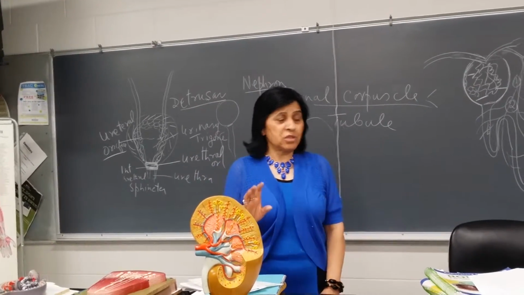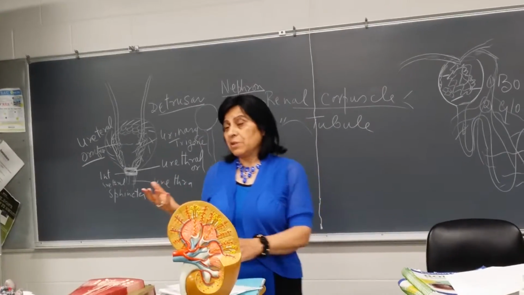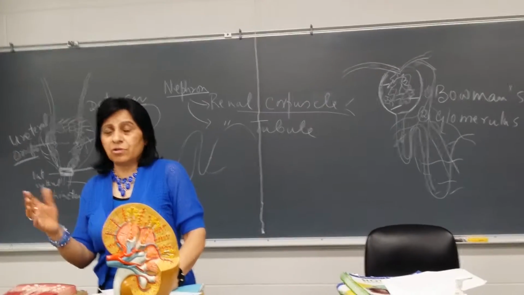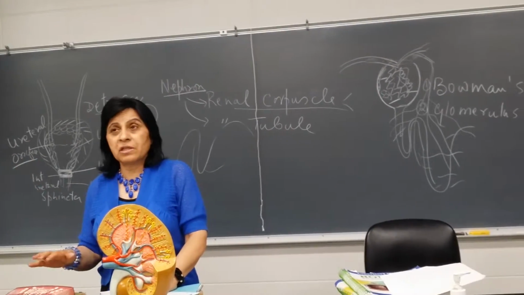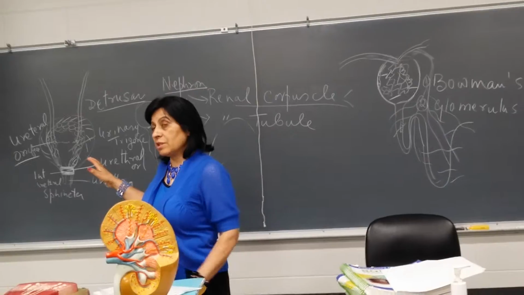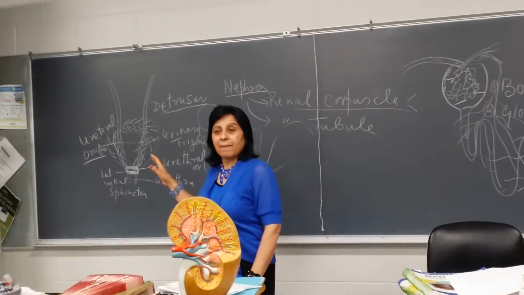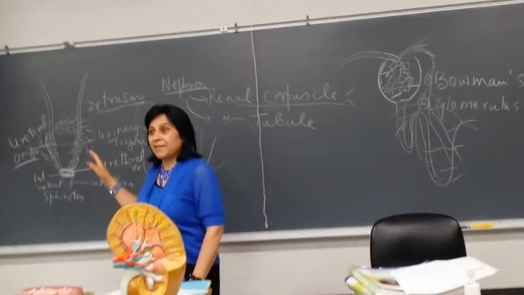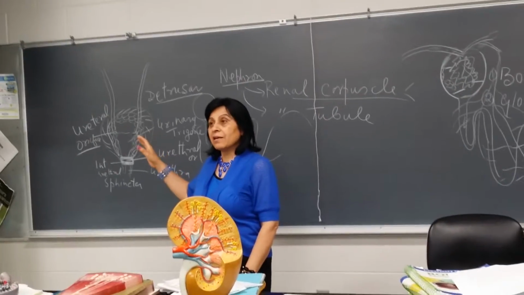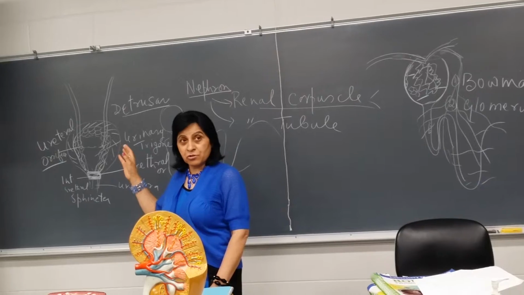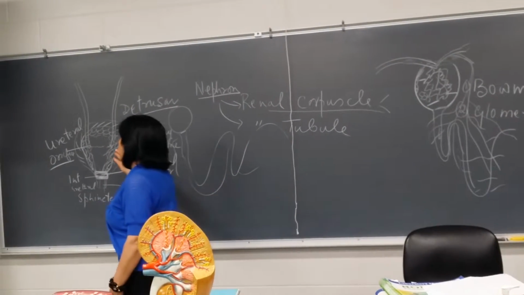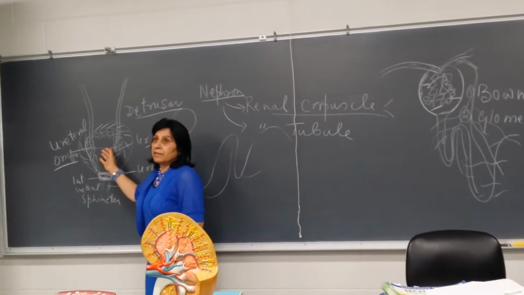The word urothelium is clear to us, right? Epithelium of the urinary bladder or urinary organ is urothelium. So we know why it will be called urothelium. Why is it called transitional? Because the shape of the cell undergoes transition from time to time, depending upon the amount of fluid in the urinary